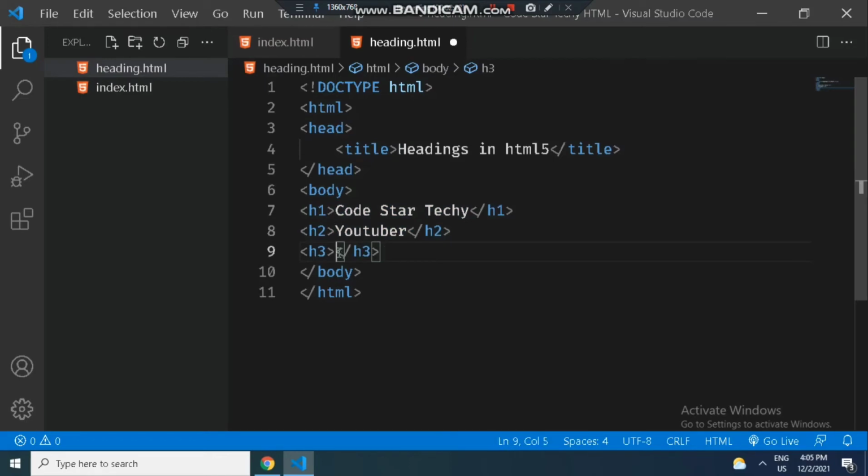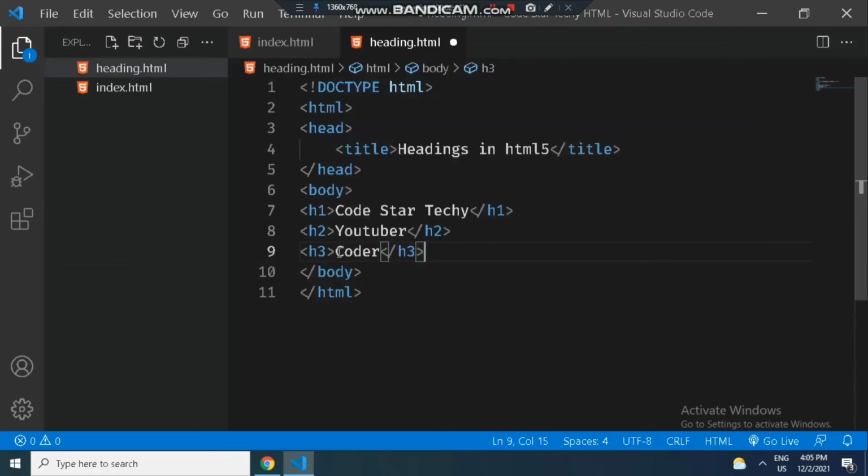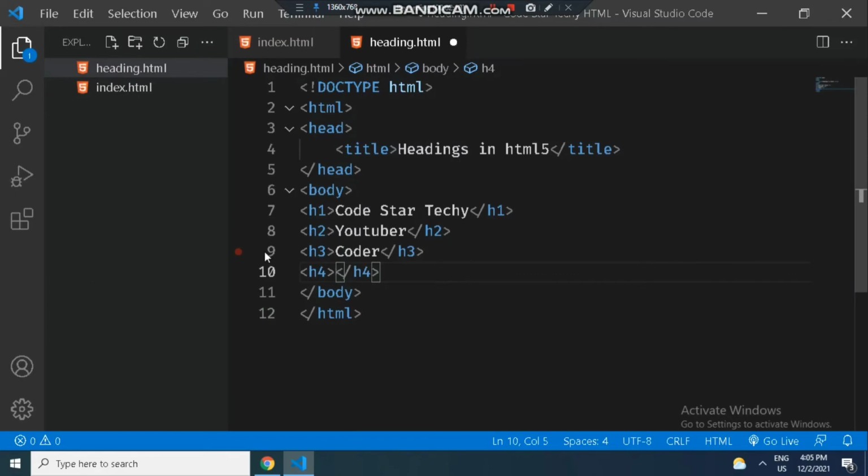In h3 I'm typing, suppose, coder. Not h5, it should be h4. In h4 I am typing programmer, suppose programmer and coder are the same, but still we need to type something.